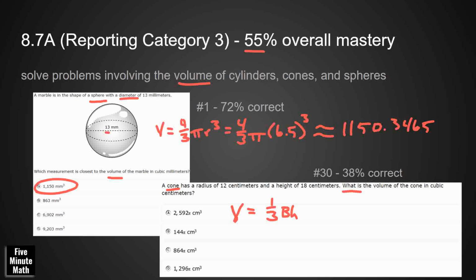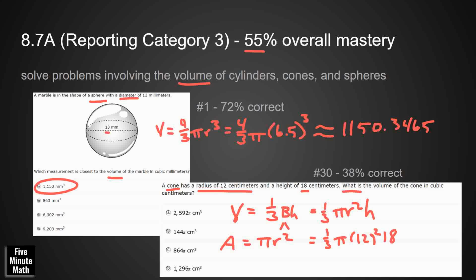so the answer is going to be A. Now the cone here, the challenge here is the height is 18, they give it straight to us, right? We need to know what this base is. Base is the area of the base. Well, what is the area of a base? So the area equals pi r squared. So turning that big B into the area of the base means that we're going to get 1/3. I'm going to substitute in my pi r squared as my area of my base times the height. Okay, so 1/3 times pi times my radius of 12 squared, and then times